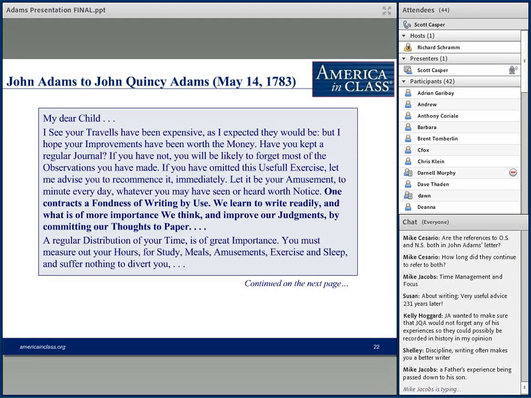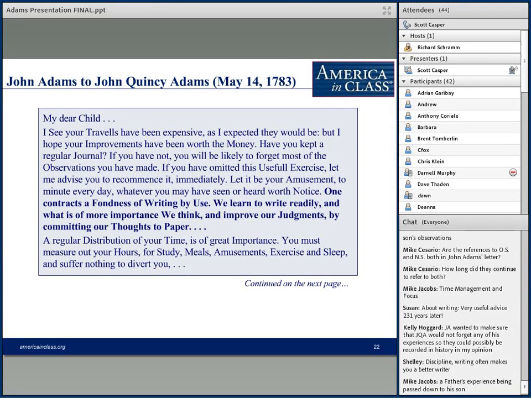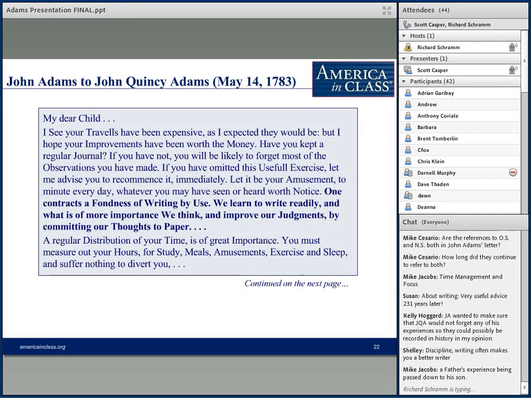So he's emphasizing writing. A correspondence that we don't have here, but that you can easily look up, is the correspondence between John Adams and Abigail Adams. Fascinating correspondence that also gives you the sense of two people writing to each other and knowing, in some sense, that their letters are going to be preserved, that their letters matter in some historical way. This is definitely about discipline, it's definitely about order, and it's definitely about a method of gaining knowledge and capturing